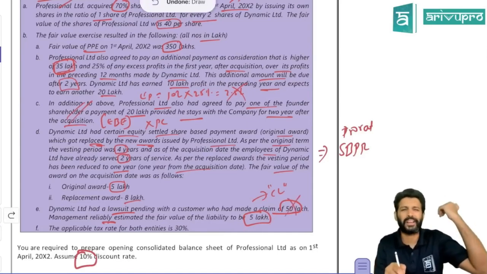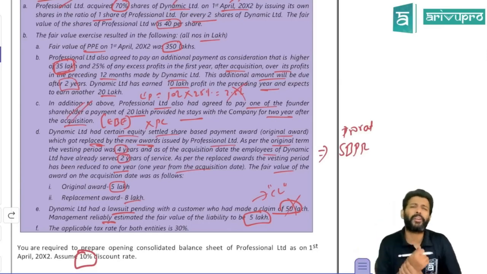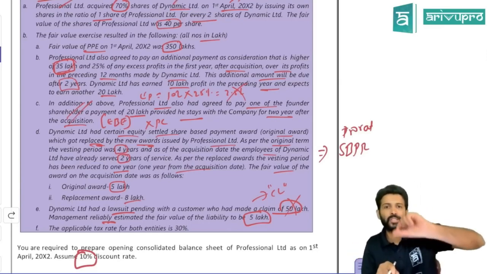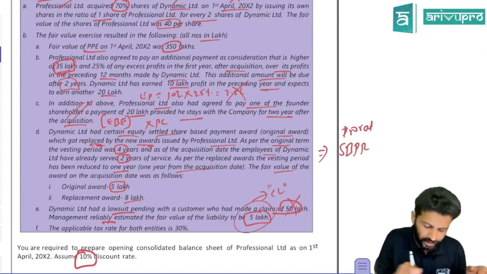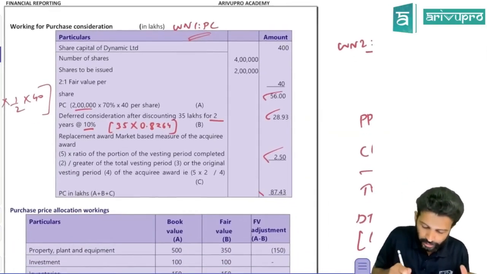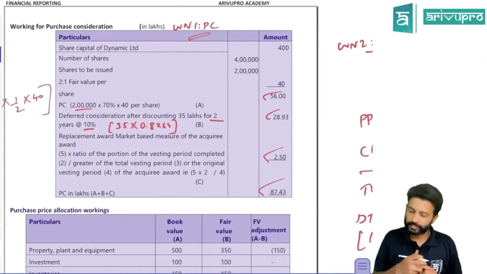So this is a liability, right? Liability should form part of your net assets in the working note. It should not come in PC. So whenever you're calculating the fair value of net assets of the subsidiary company on the date of control, this 5 lakh has to be adopted, not here. So PC is just that. A summation of all this will give you your PC in the working. Okay, this is one.